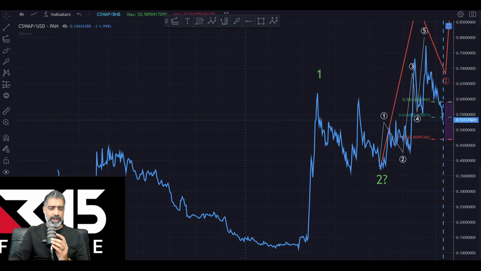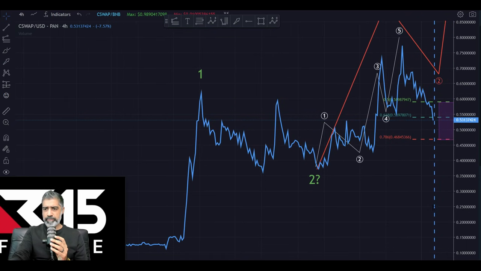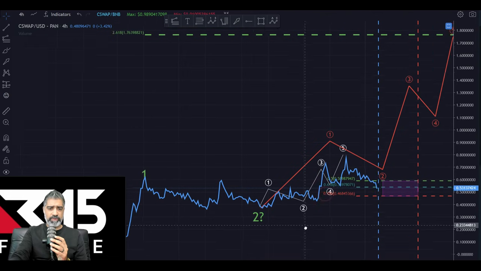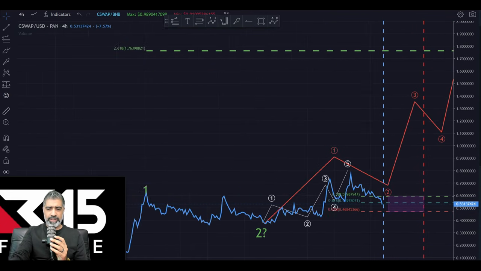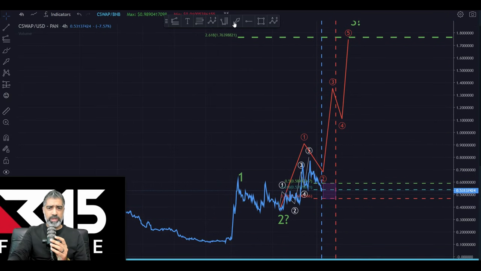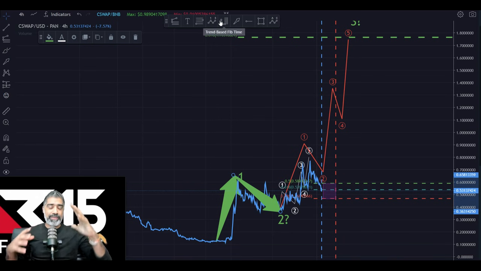So what I'm seeing here, and I covered this on the workshop on the weekend for my private Telegram group, is I said, look, guys, what this looks like to me, from my 15 years of experience looking at charts, a lot of currencies, but now we focus on cryptocurrency, is it looks like we got this nice wave one, we got this nice wave two, right? That seems quite obvious. But this part's not obvious because you have to take into account there's different degrees of counts. There's waves within waves. And I actually cover that in my free Elliott Wave and Fibonacci masterclass. I aim to simplify it because it can be quite complex.